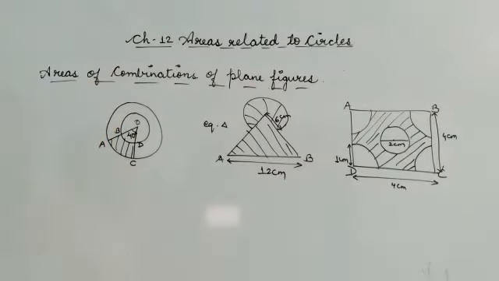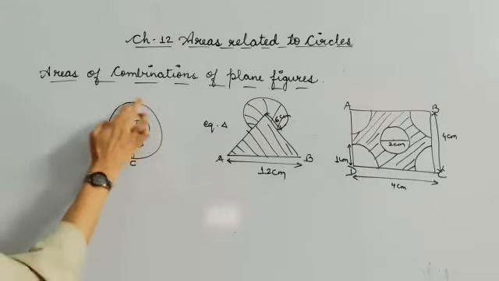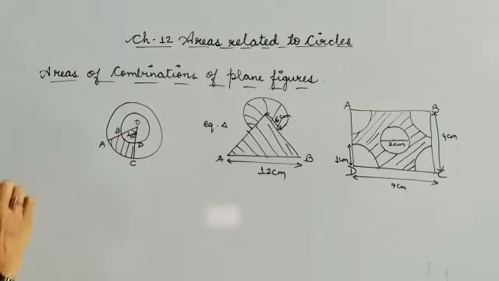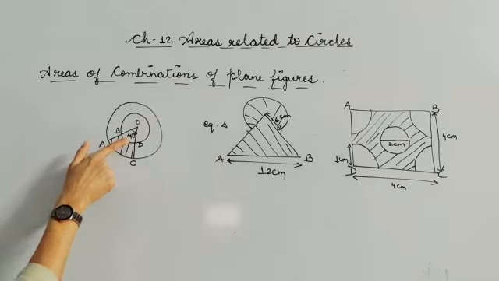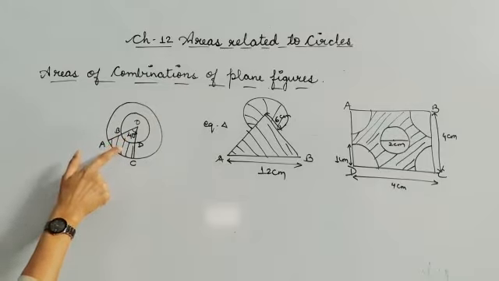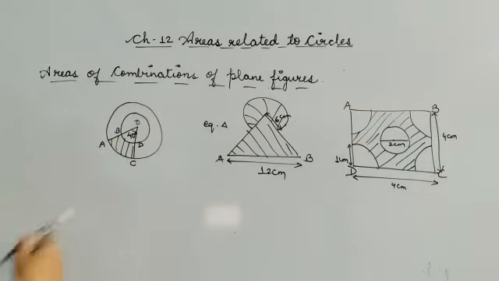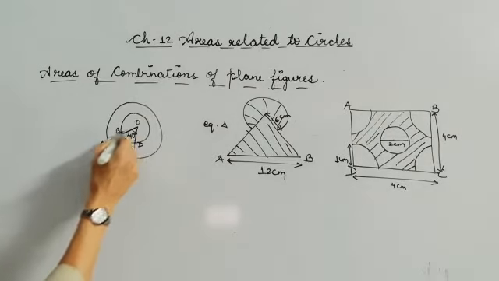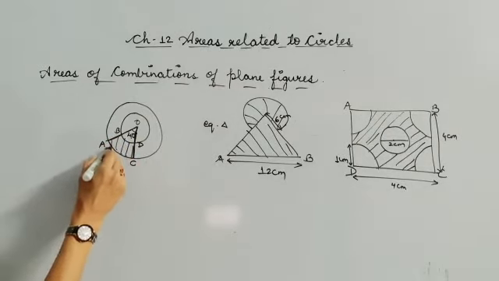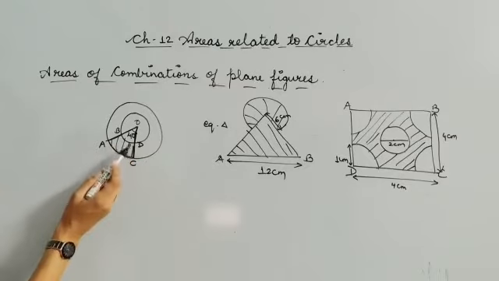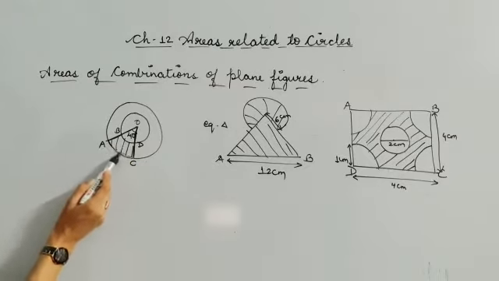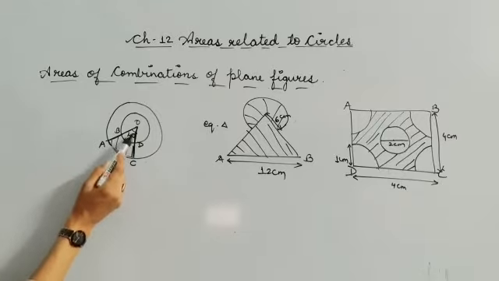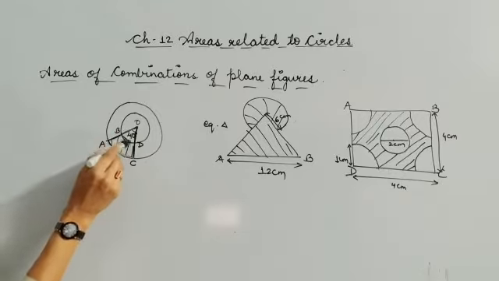Let's see these three figures. First of all, we'll discuss this one. Here you are given a combination of two concentric circles whose angle is given to you as 40 degree, and you need to find out the area of the shaded region. Then what you are going to write, this is your one sector. Why is it a sector? Because it is formed by two radii and an arc. So this is one sector and this is another sector.